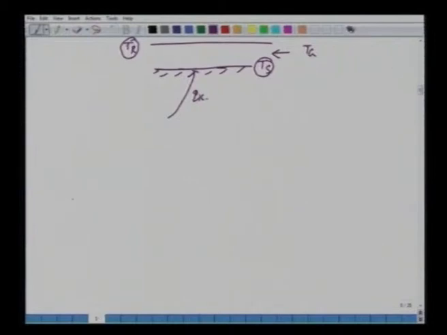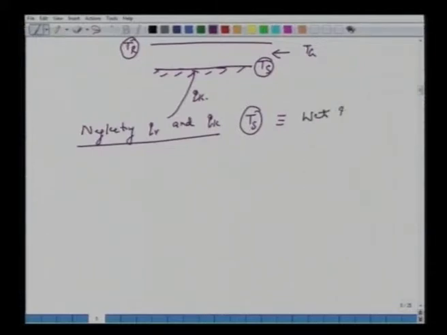Alright. However, if we neglect Qr, the radiation effect, and Qk, you should be able to appreciate that the solid temperature Ts, what it reaches under a steady state, will be the same as the wet bulb temperature. So I'm sure you have come across this wet bulb temperature in heat transfer, and maybe some other course in